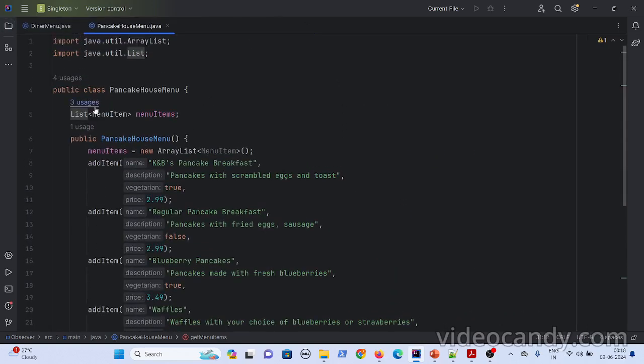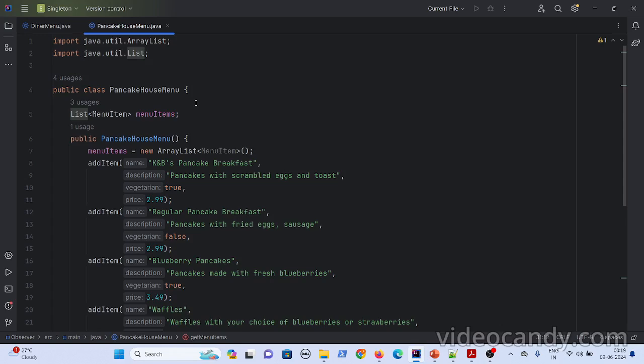So if you see the pancake house menu, this is a collection, because it stores menu items of all the pancakes that are present. This is basically a breakfast menu, and it stores all the breakfast items that are available, related to the pancake. Okay, now when you go to a restaurant and you order a breakfast, they will give you a menu, right?